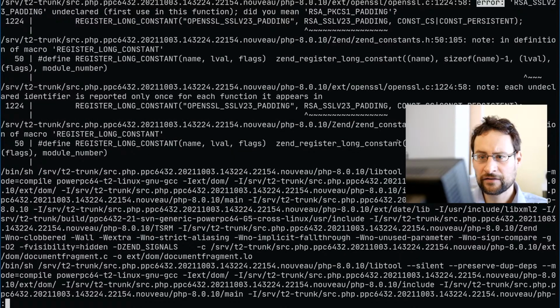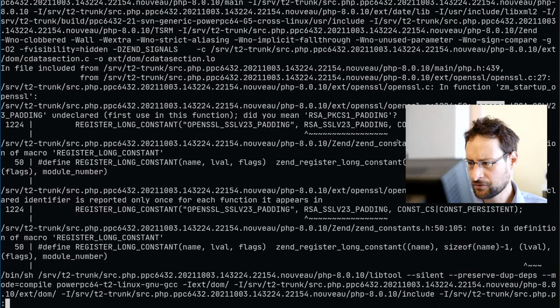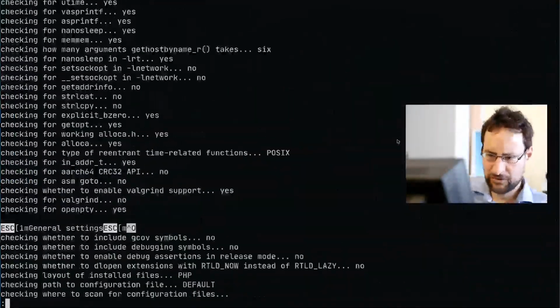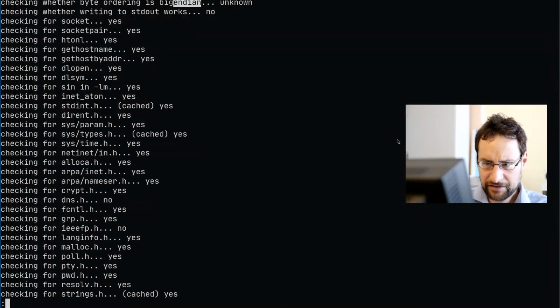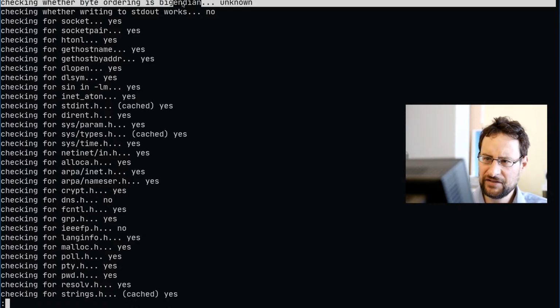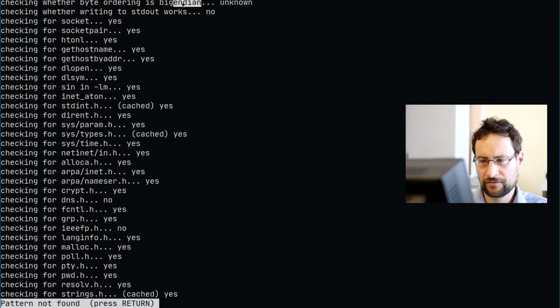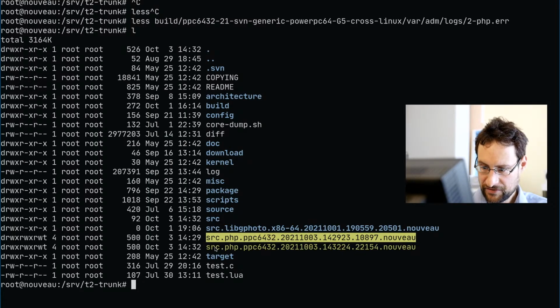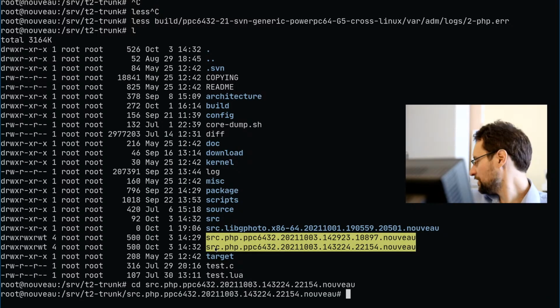Error RSA SSL undeclared. This looks like an OpenSSL regression. Okay, so this is not okay. This indeed doesn't abort, but I'm not sure if it will work. The question is, do they check this just, I mean, I said this so many times, a lot of configure scripts are just full of checking stuff for fun without actually really using that.